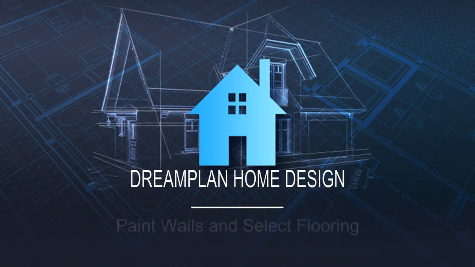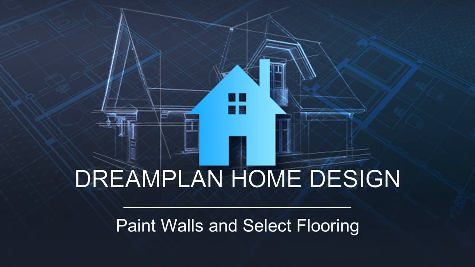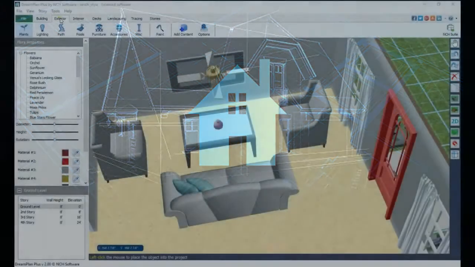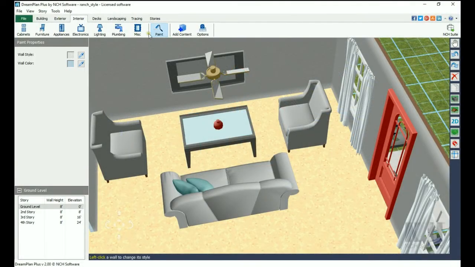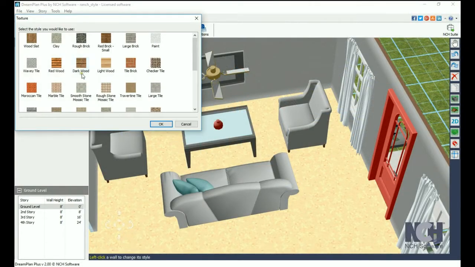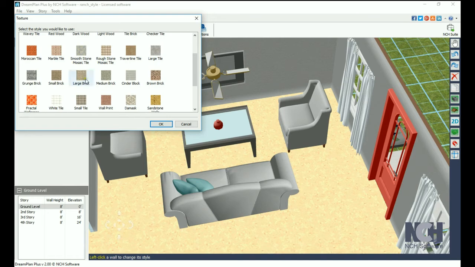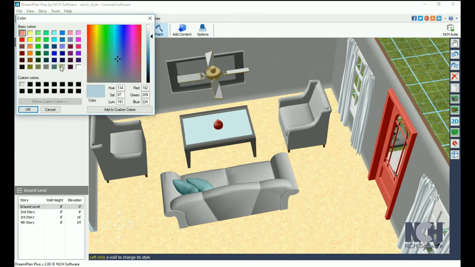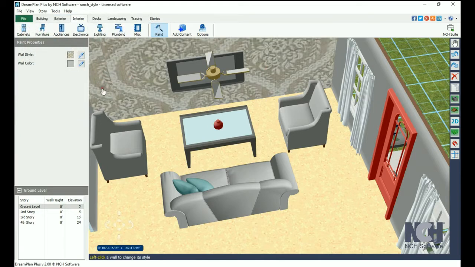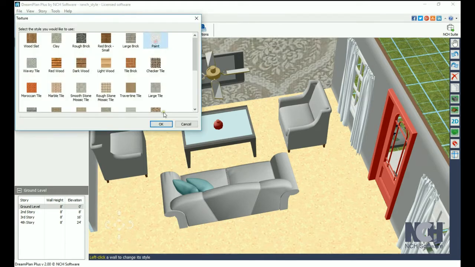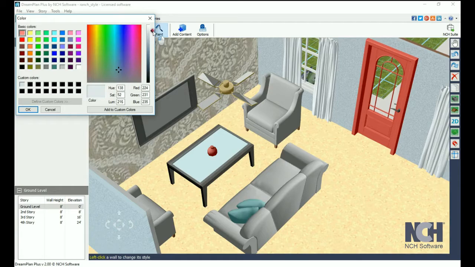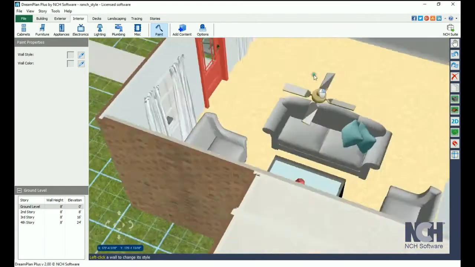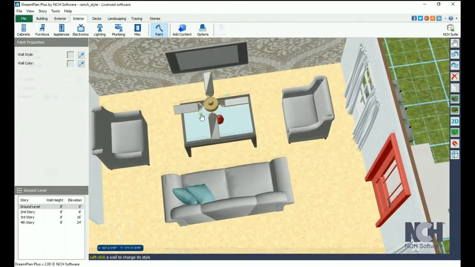When you dry your walls, they will be plain gray and your floors will be yellow. Use the paint tool to add some personality to your project. Select your wall style and color, then click on the wall you would like to paint. Each unbroken section will be painted the same color and style. There are wall styles for both interiors and exteriors, and the color options are endless.